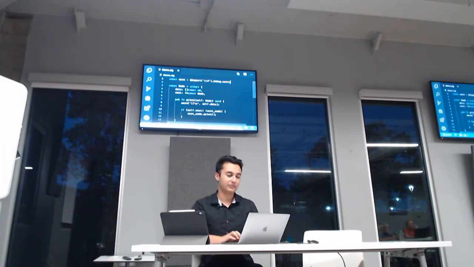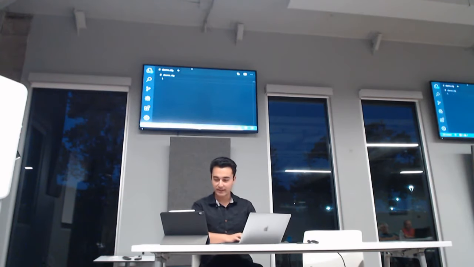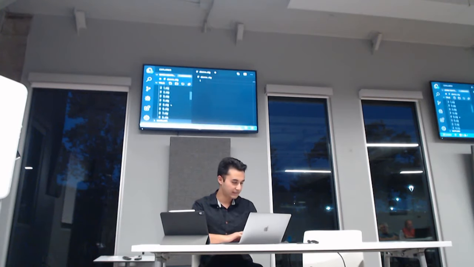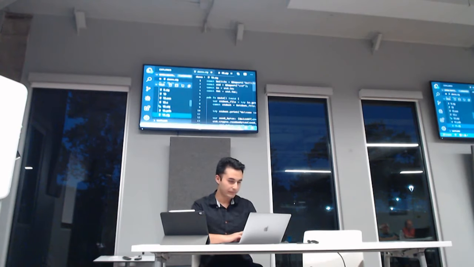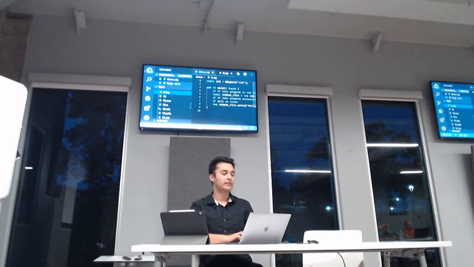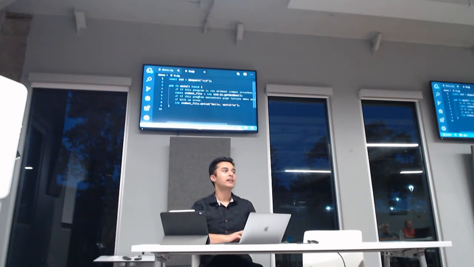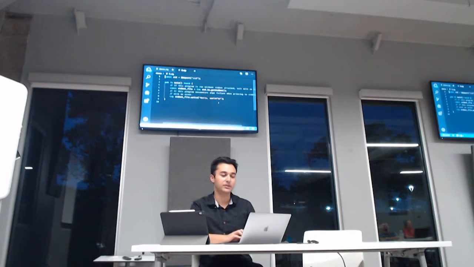So an ideal hello world program in Zig, I would just copy from this at this point. I think this is 9, right? So this is what a comparable hello world program in Zig would be.